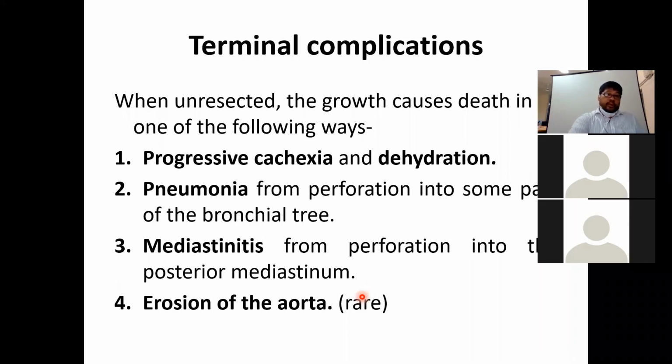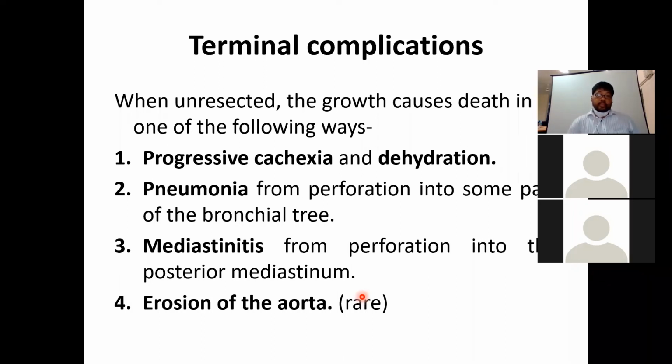Or there can be pneumonia following perforation into the bronchial tree, or mediastinitis from perforation into the posterior mediastinum, or rarely there can be erosion of the aorta leading to massive bleeding and death. So these are the terminal complications which we may encounter if it is